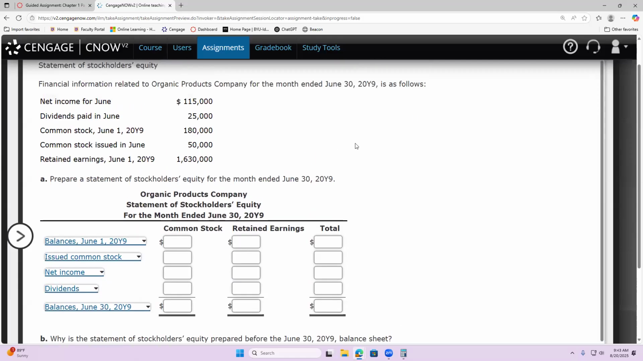All right. So our balances at the beginning, we had common stock of 180,000. And we had retained earnings of 1,630,000. So this is not a brand new company, right? They've been operating in the past. We can tell because they have retained earnings from some previous time period. So we'll just add those up to get the total, which should be